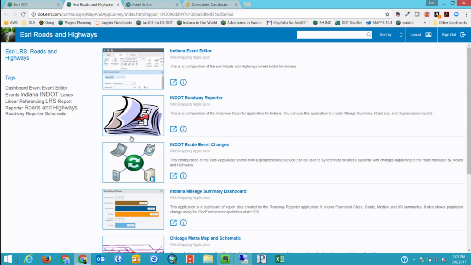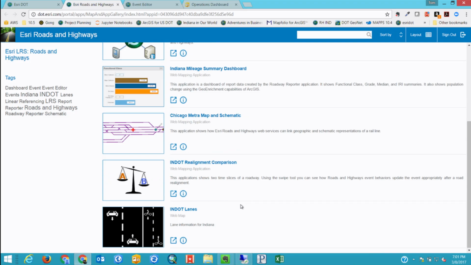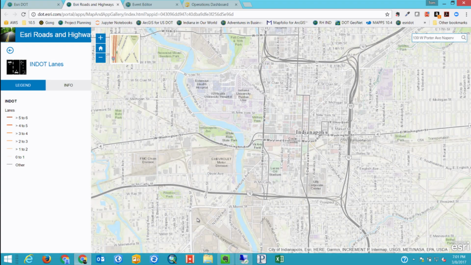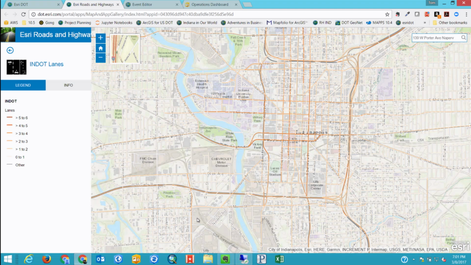So what I want to start with, I've just got a little gallery here of different applications to illustrate different components of the Roads and Highways product. I'm going to start here with just a web map that I put together that shows lane information for